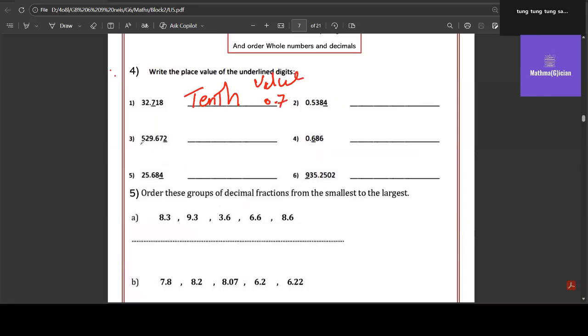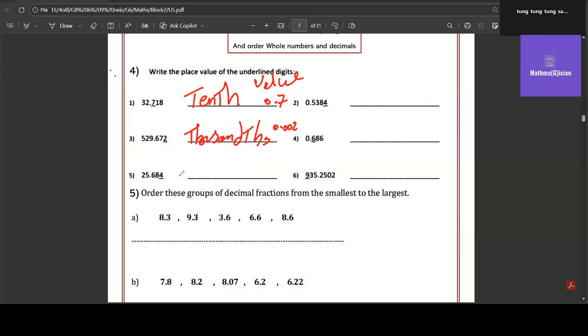Okay. 529.172. The place, which means location, should be thousandths. As a value, that's 0.002. There's a difference between a value and the place value. Okay. Number 5,